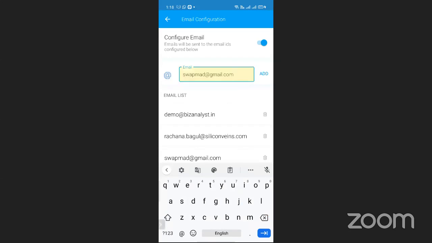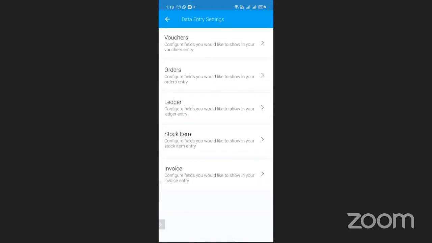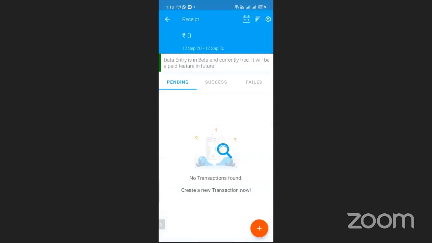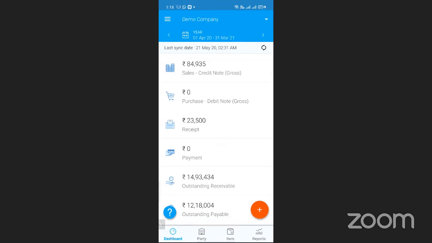But the only condition is we give this report if you do entry from this application only. If you have created an entry in your Tally and you want intimation that the receipt has been created, that kind of intimation as of now we don't provide at all. So you have to check manually only.